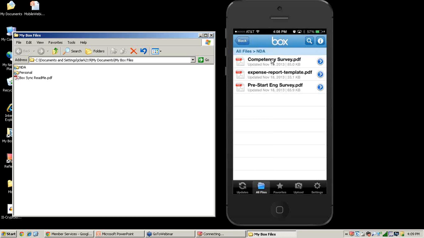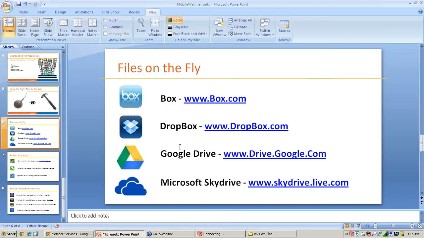So Box.com, there's Dropbox, there's, what were the other ones we talked about in here? Google Drive, and Microsoft has one called Microsoft SkyDrive. All of those are about the same. I'm not going to go into great detail, but I did want to tell you about them because some of the other great features of, say, Box.com and Google Drive and Microsoft SkyDrive, for example,